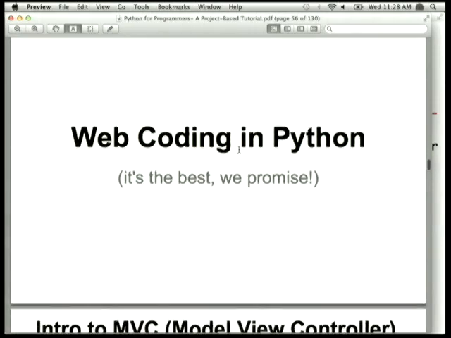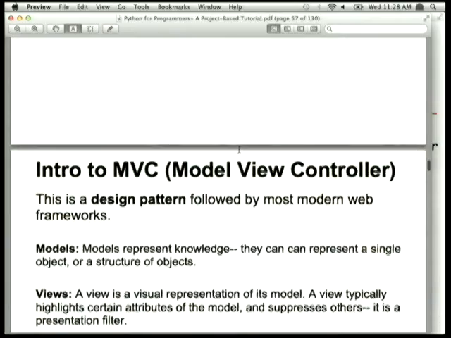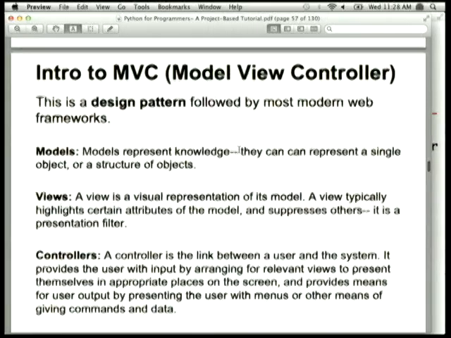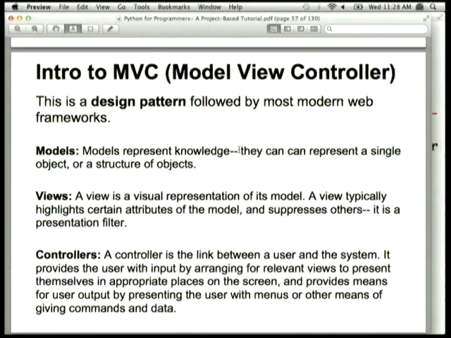So web coding in Python is pretty fun. It's pretty much the best. So do you want to take over? I don't know if you're ready to, do you want me to do this or, okay. Sure. So we'll get into the application building, but essentially,